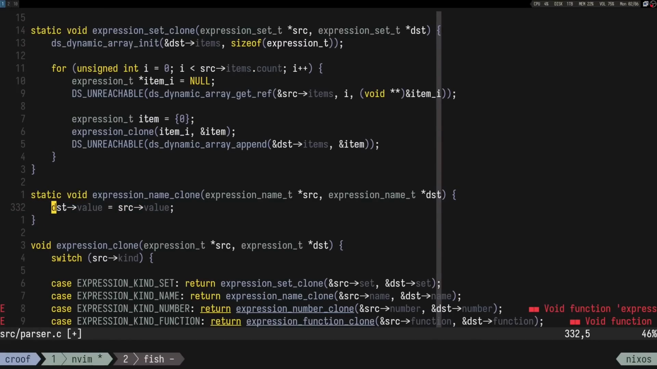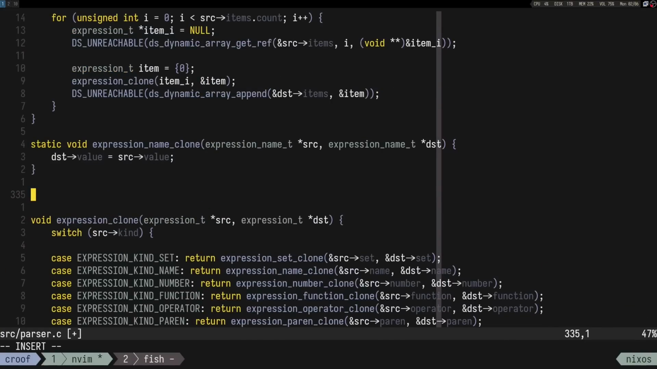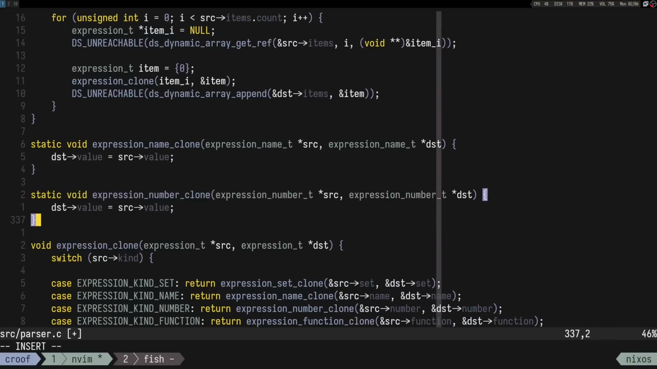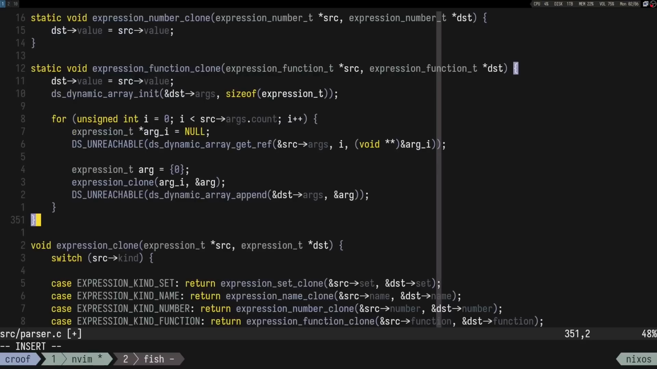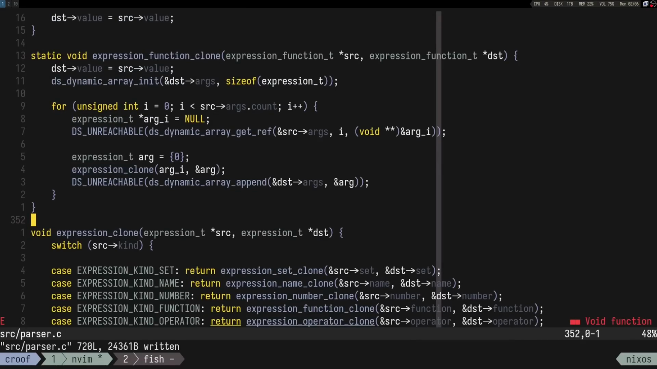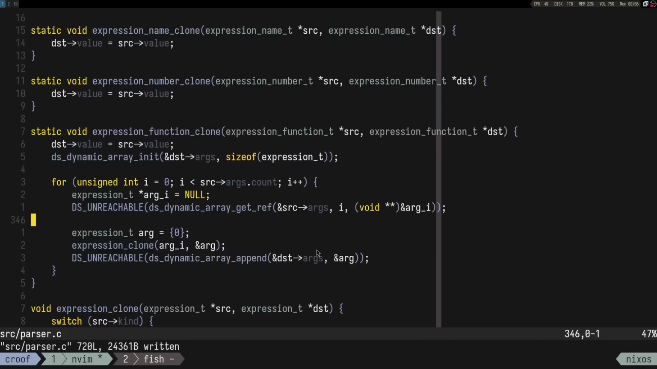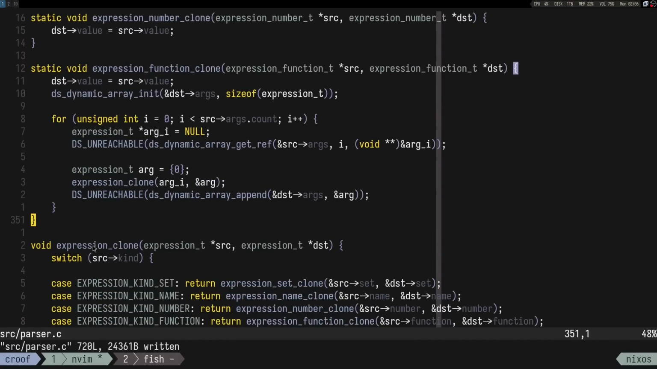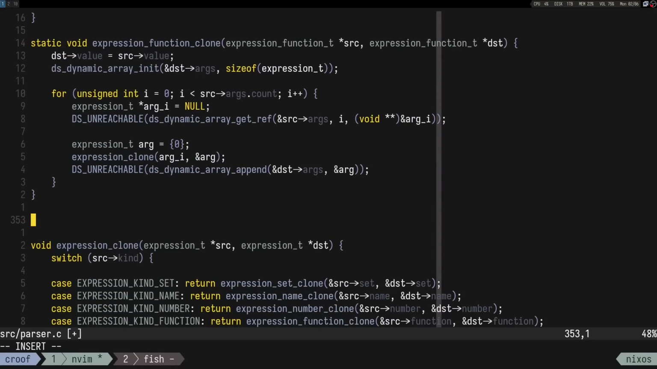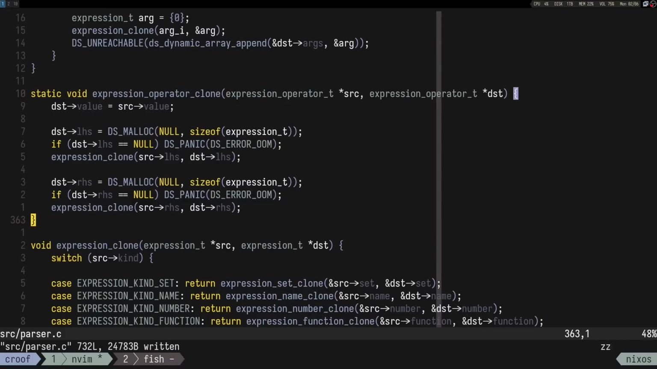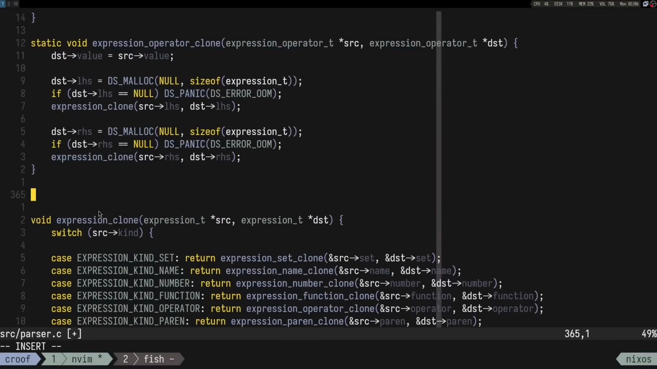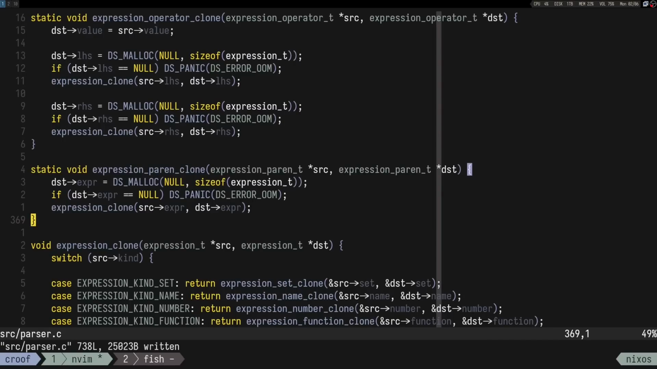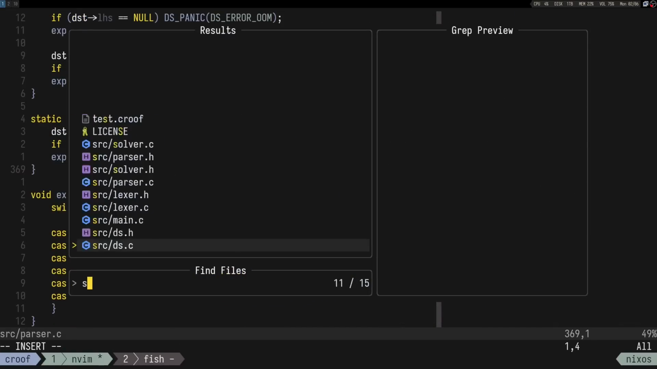And I don't think I see a problem with it. Number, function. Yeah, I think it's fine. Operator as well is just allocating some stuff, and parentheses, parent clone. So if we go back to solver,